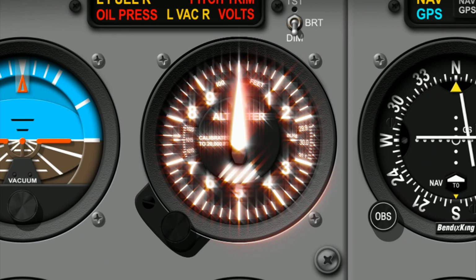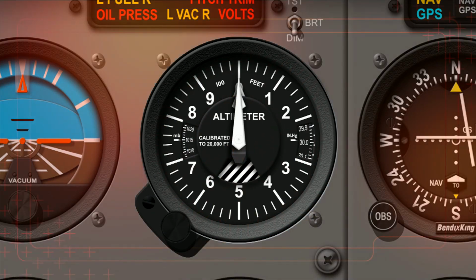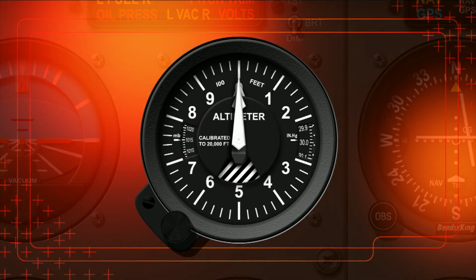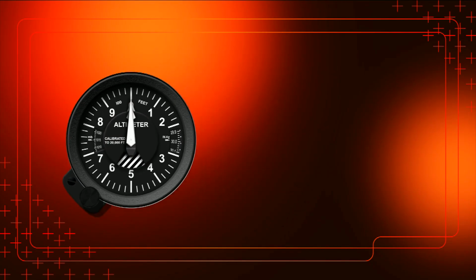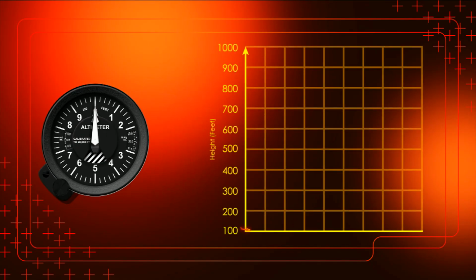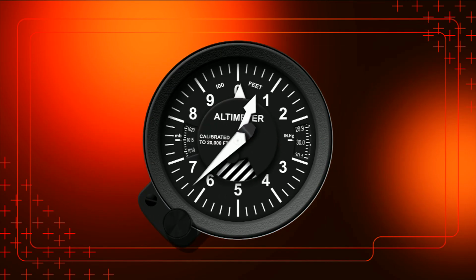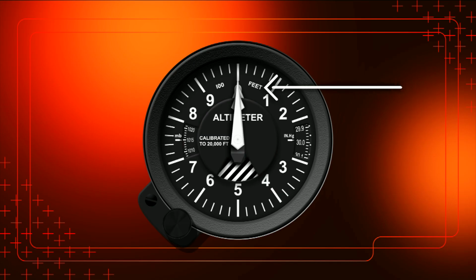We will now move on to the altimeter. The type of instrument fitted to the Cessna 172 is a barometrically corrected altimeter. The altimeter provides the pilot with a reference for what altitude the aircraft is flying in relation to the ground. The altitude of an aircraft can be expressed in either feet or meters, however most barometrically corrected altimeters are calibrated